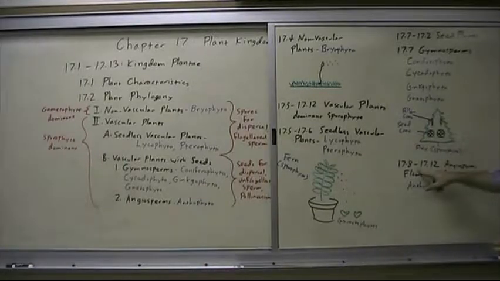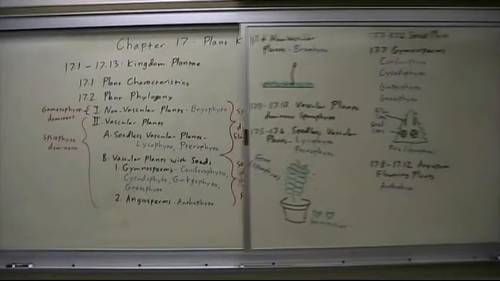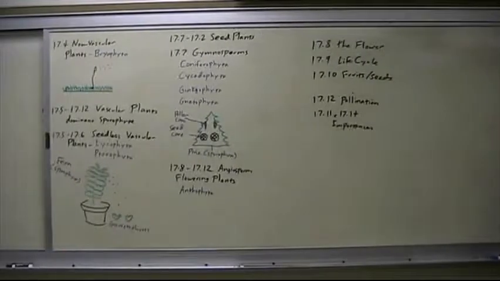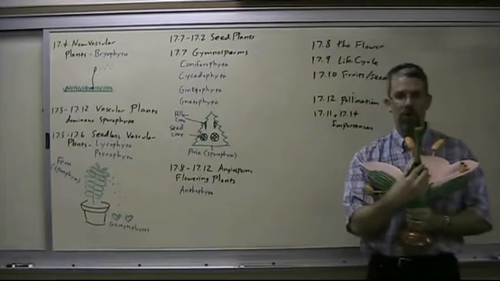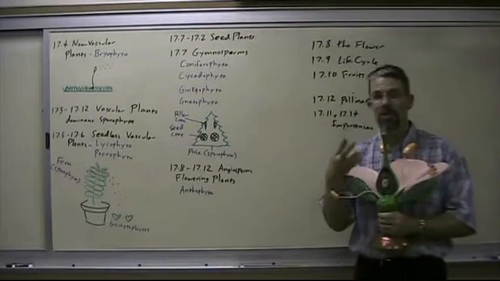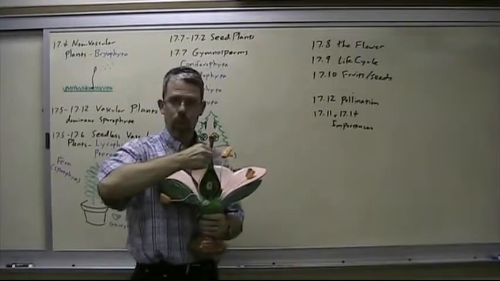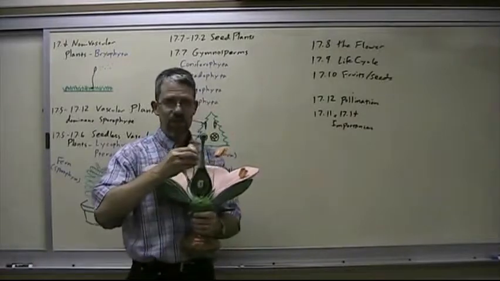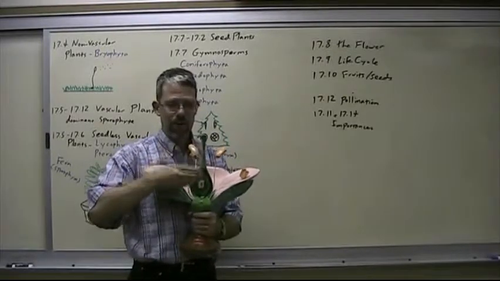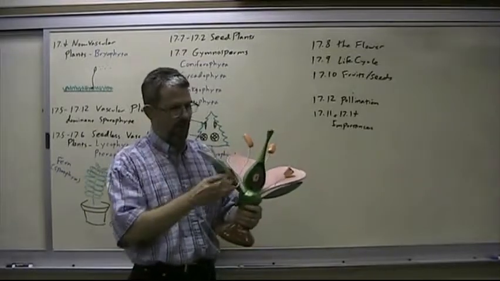Now, the latter part here is the angiosperms, or flowering plants, one phylum, the Anthophyta. Now, parts of the flower. The center portion of the flower is referred to as the carpel, also known as pistil. You can use either phrase here. The top of it is the stigma, this portion is the style, and this lower portion is the ovary. This is the stamen, and the tip of it is the anther, and this is the filament. These are petals, these are sepals.